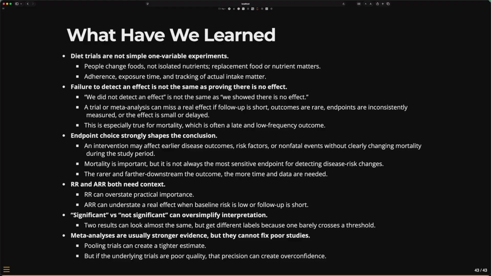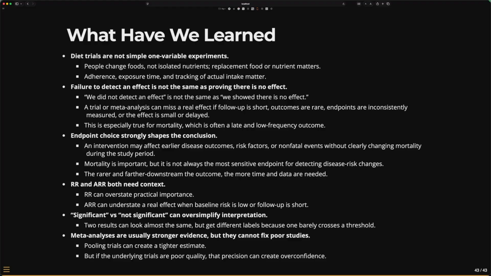Another point is a general point in statistics that is often easy to overlook: the failure to detect an effect is not the same as proving that there is no effect. I hope that was made clear in some of the examples we went over here. To me, yes, but I can see how somebody just from surface-level researching something might misinterpret that. Even when I read a study, sometimes I forget that just because they didn't find anything doesn't mean they proved that there is nothing. It's good to remind yourself of this.